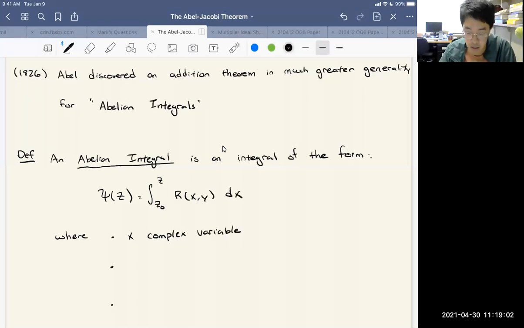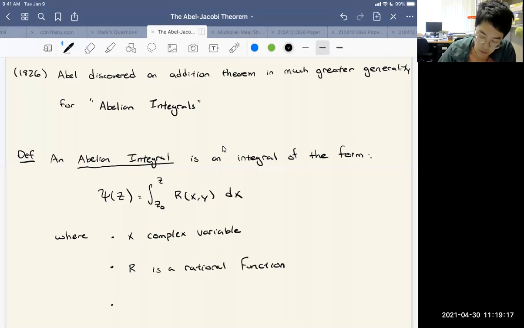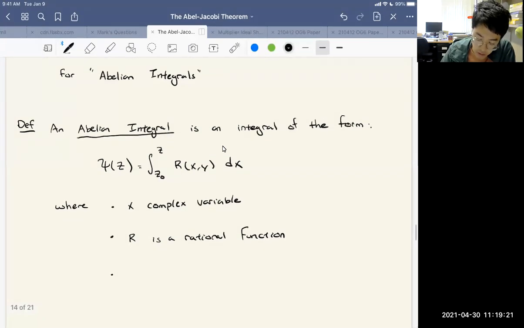So we've extended the domain for our integration. We're no longer just allowing real variables, but complex variables. R is a rational function. So similarly for the elliptic integral case. And importantly, probably most importantly, is that y is an implicit function